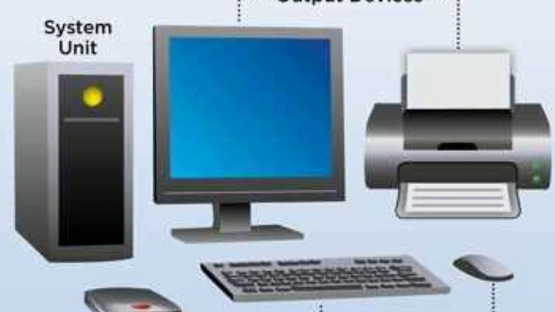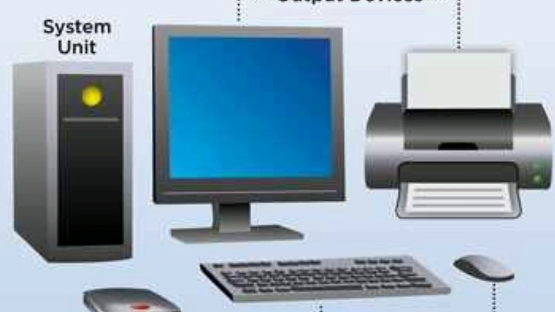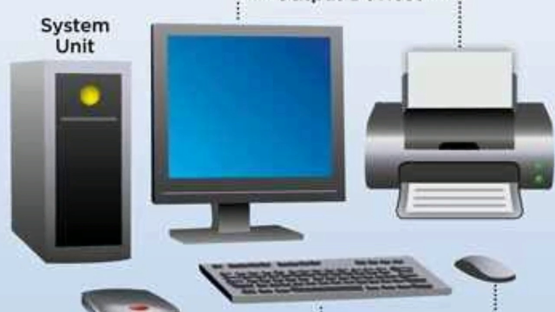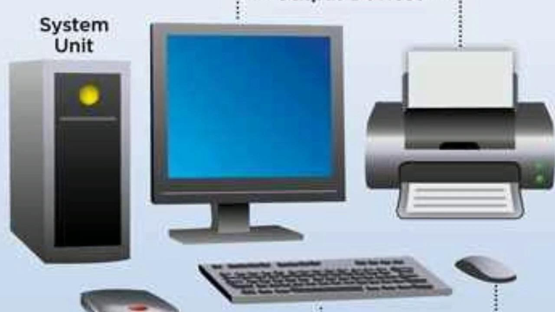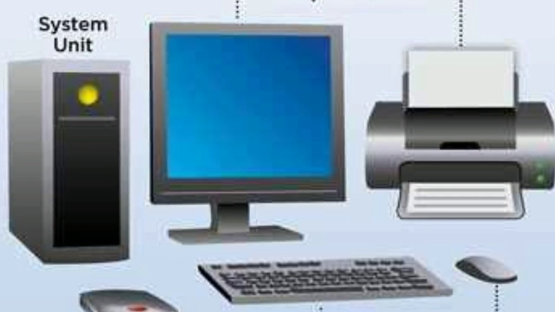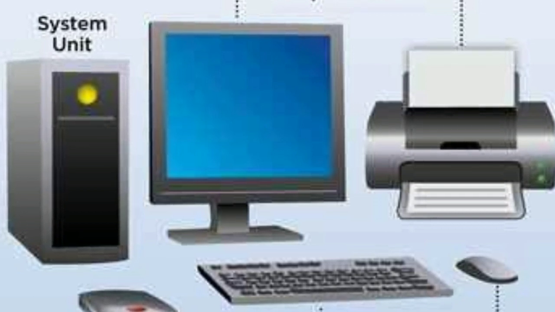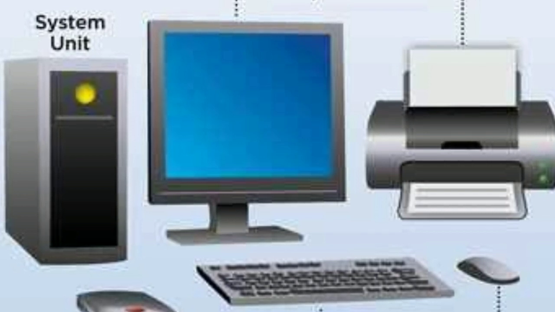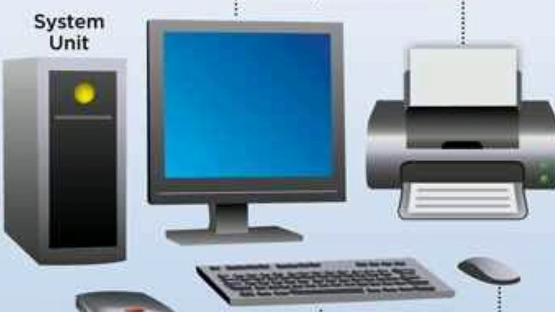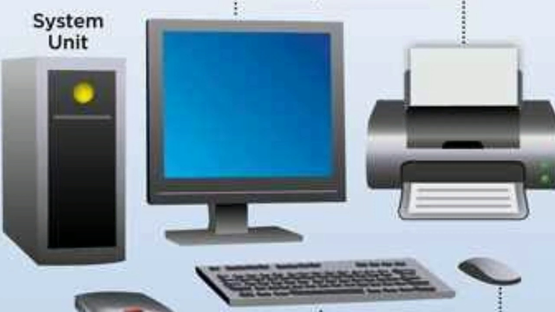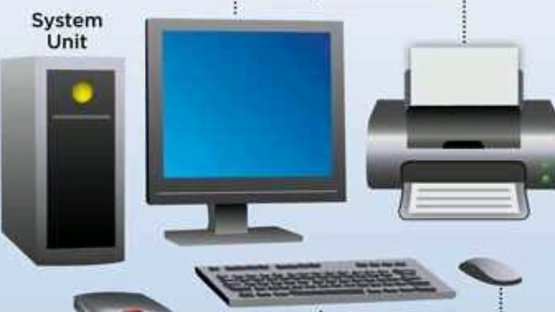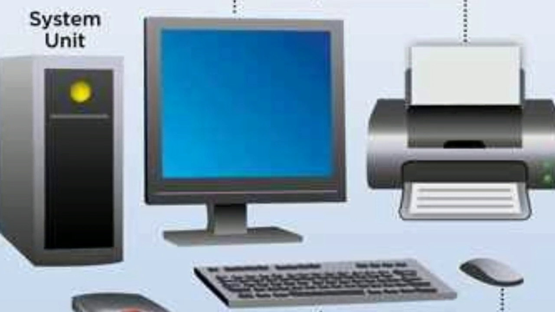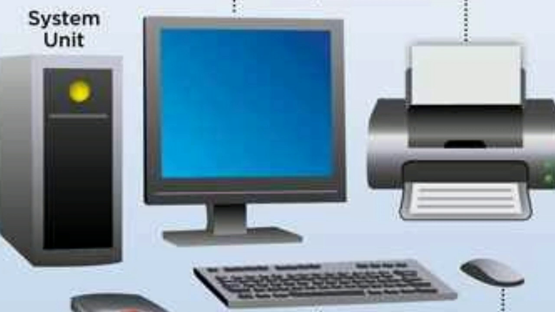So there are CPU, hard disk drive, switch mode power supply, that is SMPS, motherboard, ports, modems, peripheral devices, keyboard, mouse, pen drive, scanner, printer. These are what? Hardware. Now we will understand the difference between external and internal hardware, and we will see some examples of external and internal hardware.